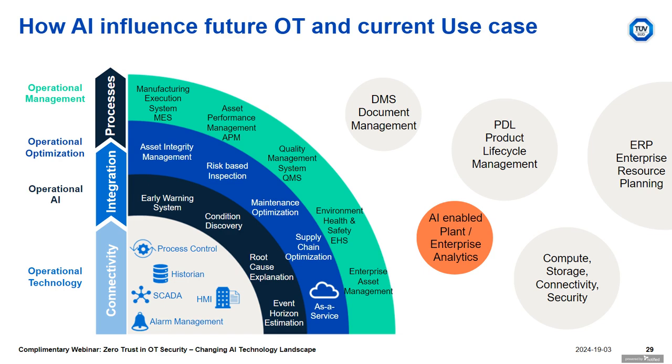Like preventive maintenance. AI algorithms can analyze the sensor data from equipment to predict potential failures before they occur. So with the use of those technologies, you can see that the integration part would be there, as it's the connectivity between them. Supply chain management: AI is optimizing the inventory level and streamlining the logistics.